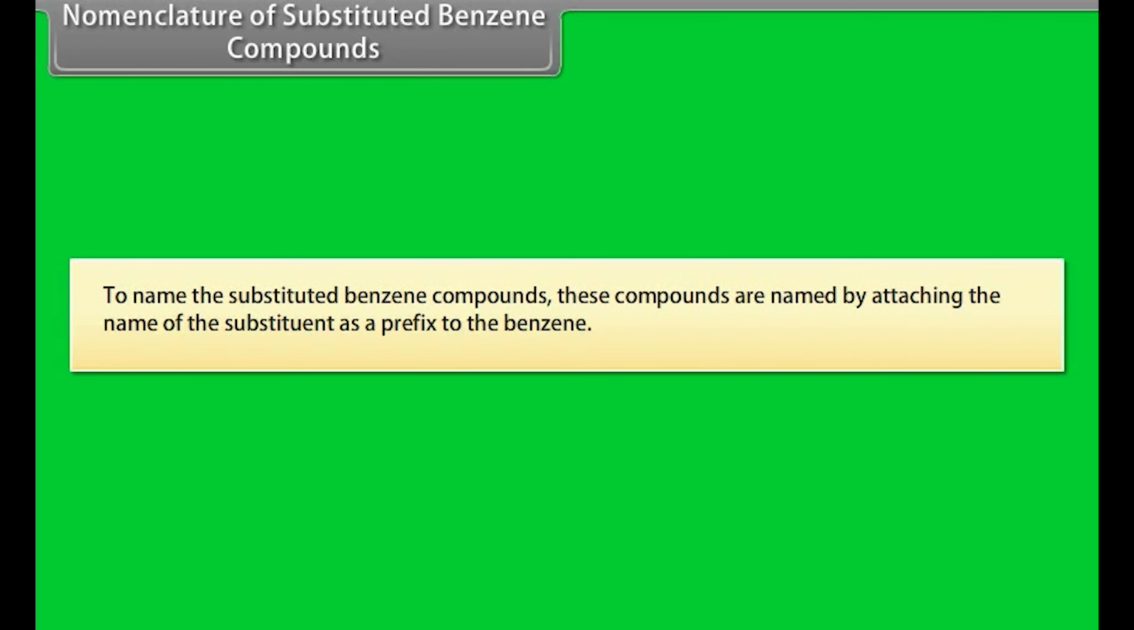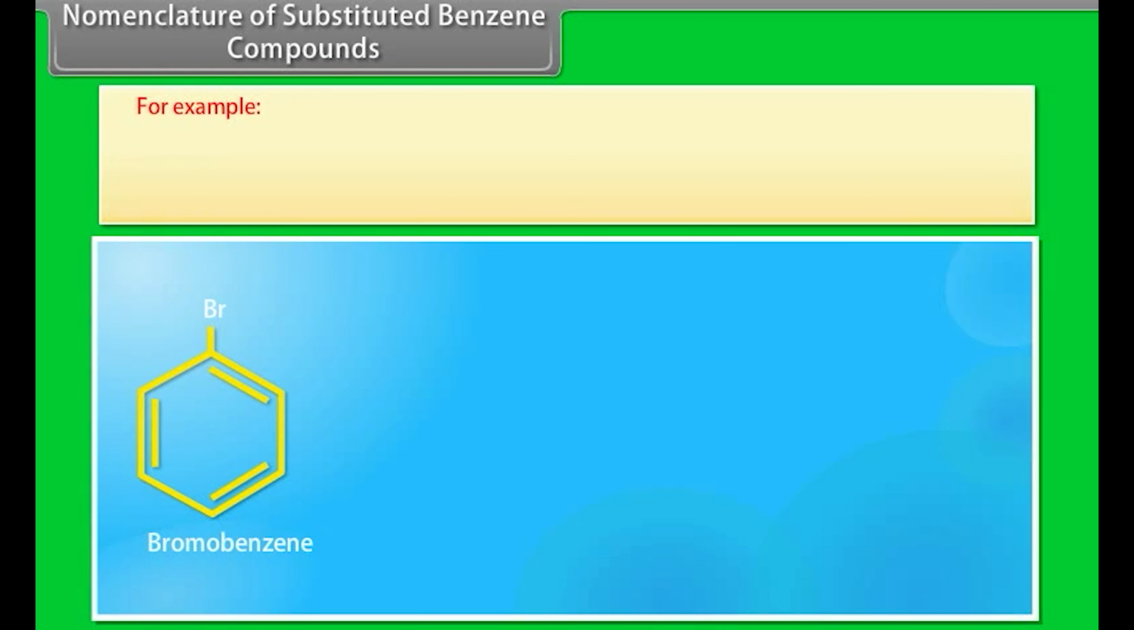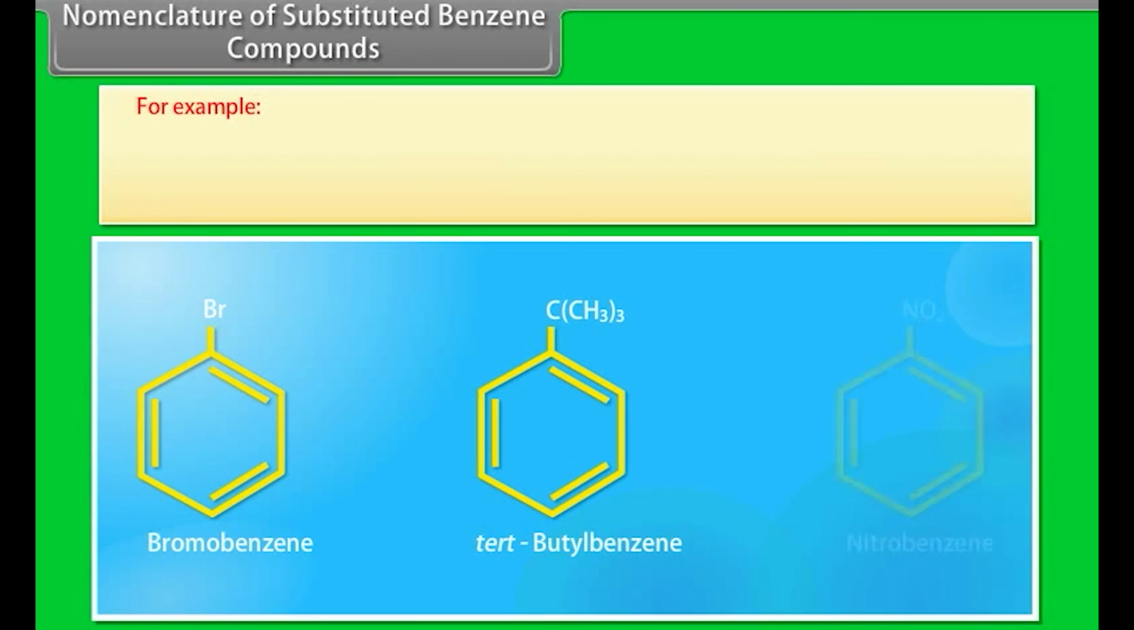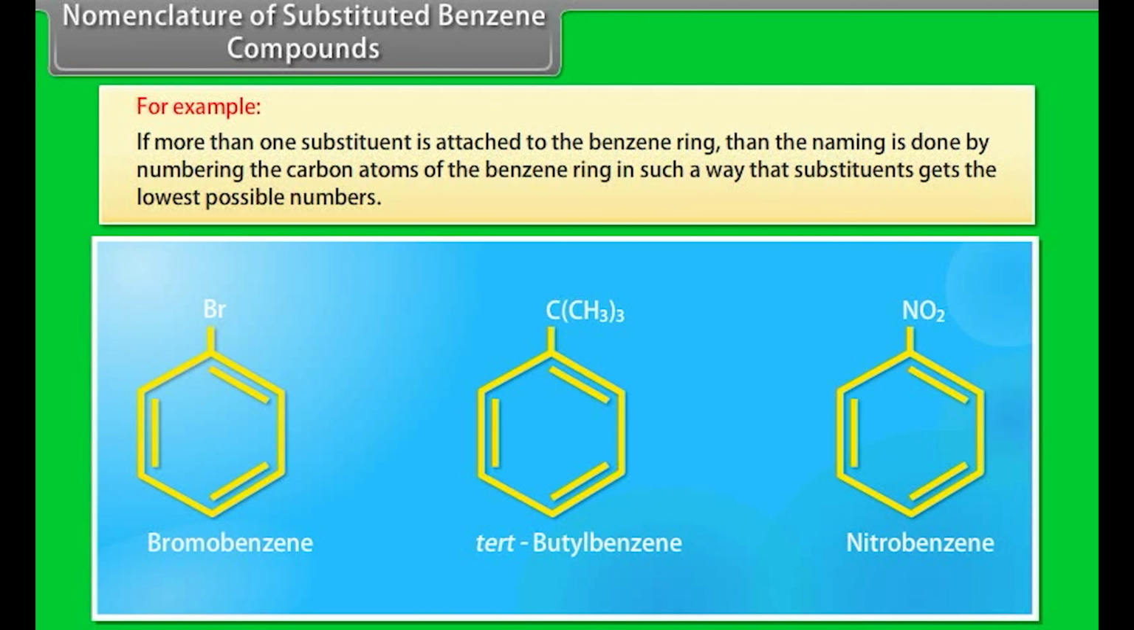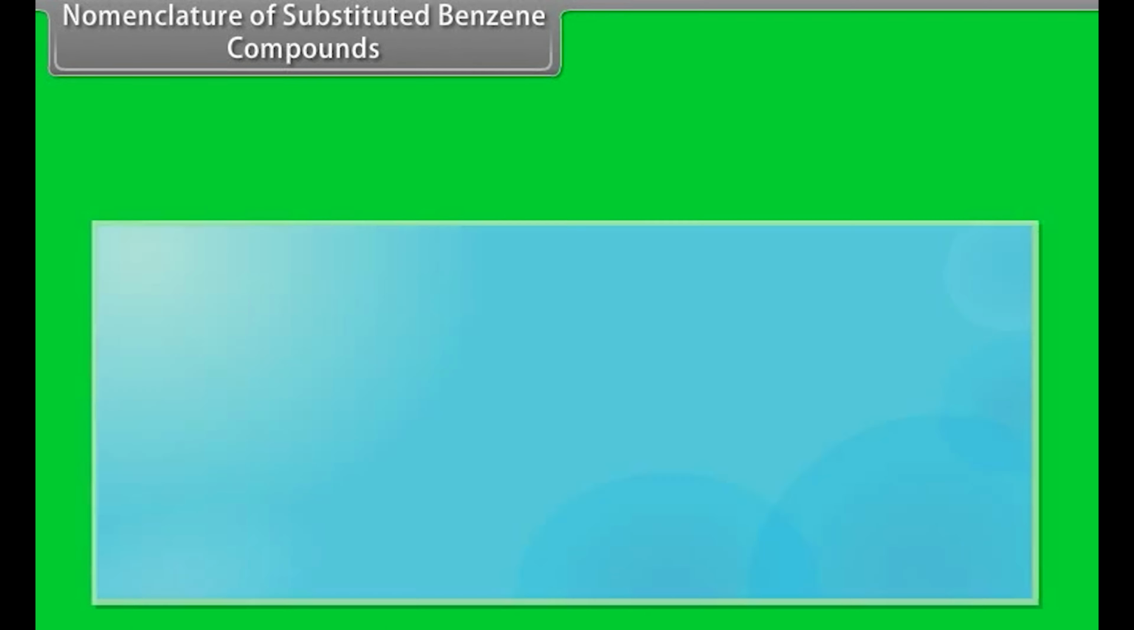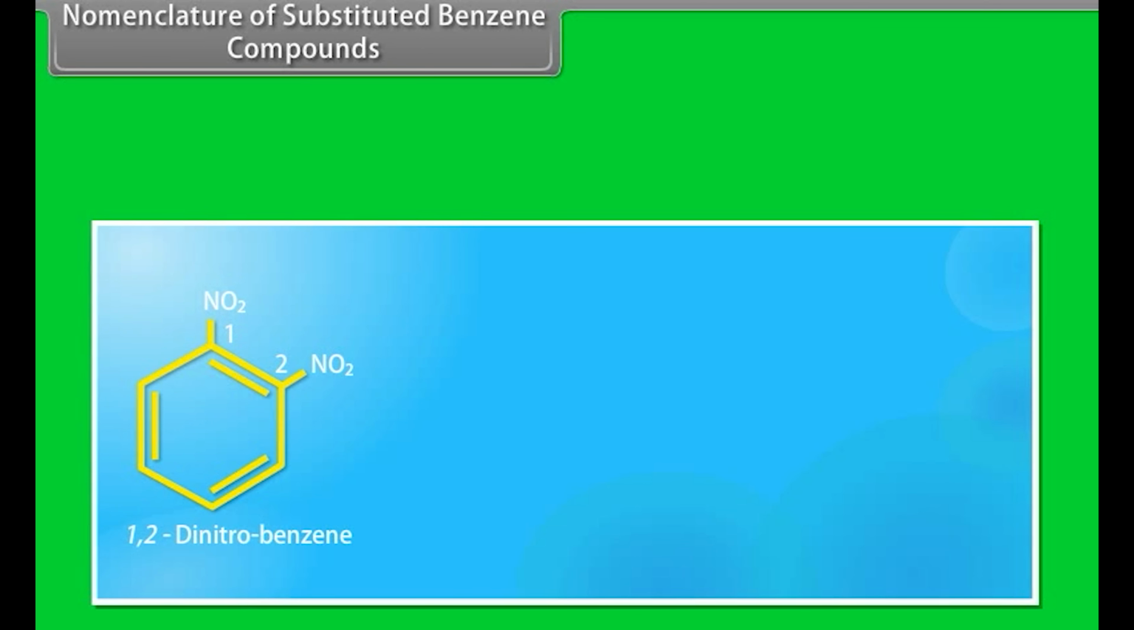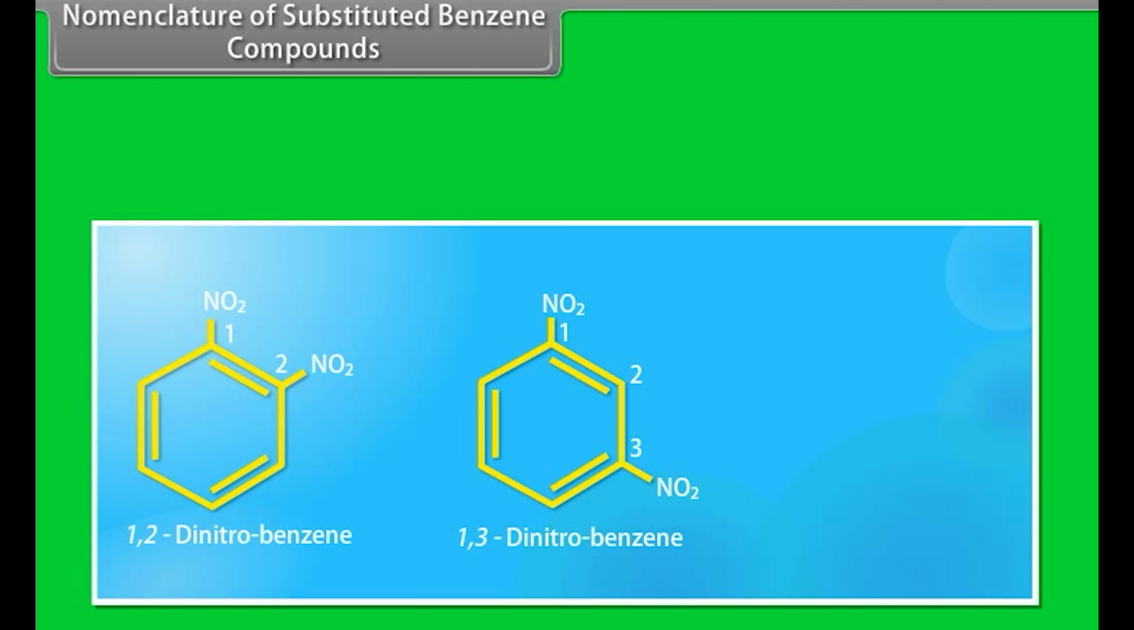Nomenclature of substituted benzene compounds. To name the substituted benzene compounds, these compounds are named by attaching the name of the substituent as a prefix to the benzene. For example, bromobenzene, tert-butylbenzene, nitrobenzene. If more than one substituent is attached to the benzene ring, then the naming is done by numbering the carbon atoms of the benzene ring in such a way that substituents get the lowest possible numbers. For example, 1,2-dinitrobenzene, 1,3-dinitrobenzene,